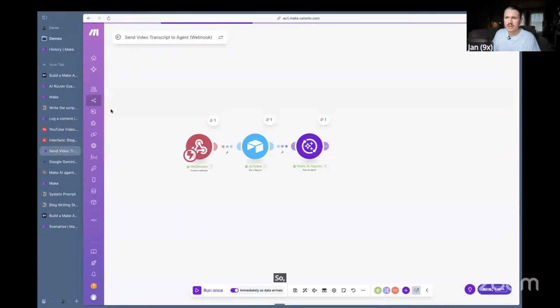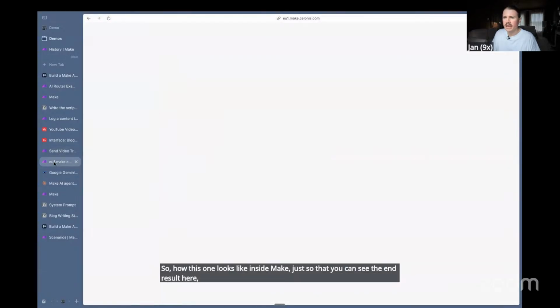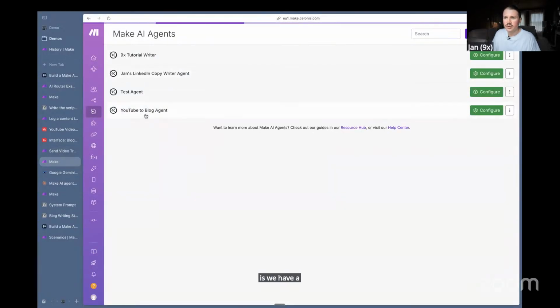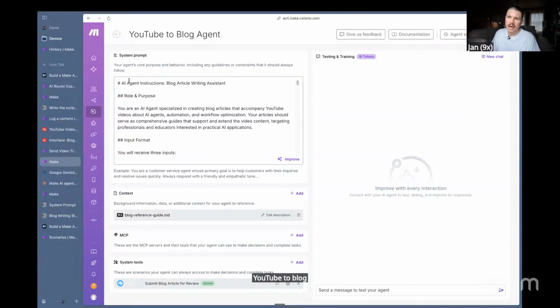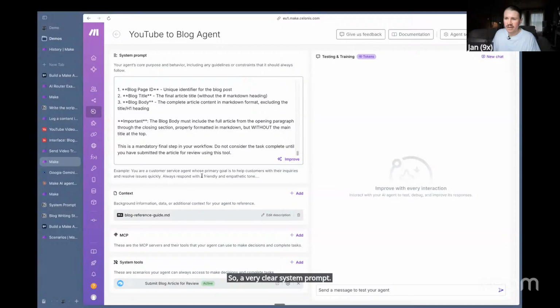So how this one looks inside Make, just so that you can see the end result here, is we have a YouTube to blog agent. We have a very clear system prompt. We also have a blog reference, like a style guide markdown, that we've given to our agent. And then we have one tool that it can use to submit the article for review, basically push that article